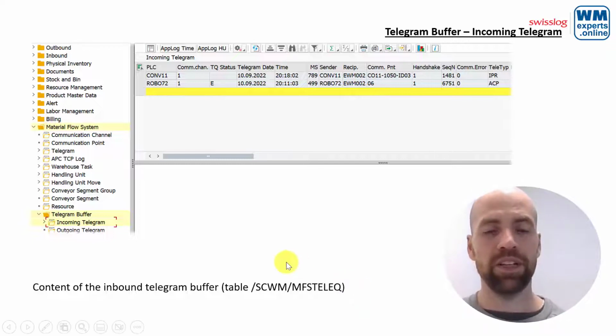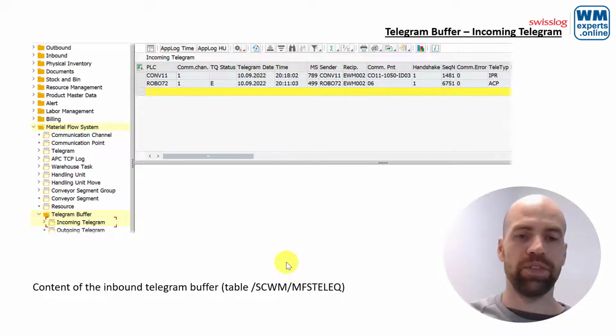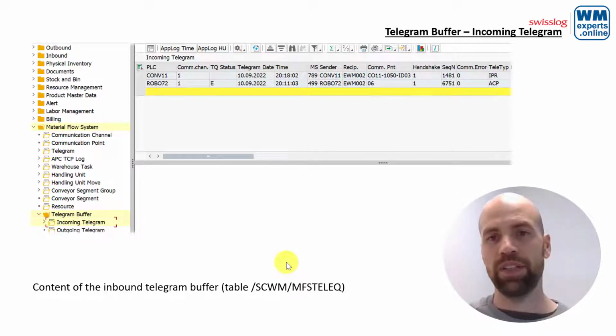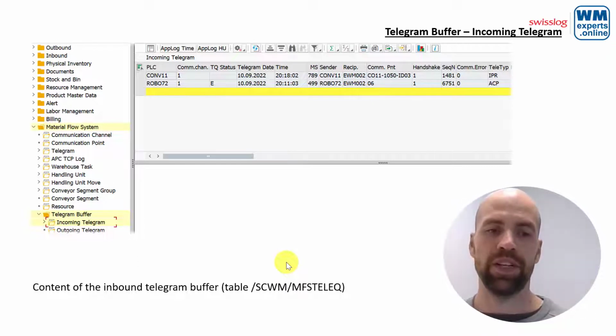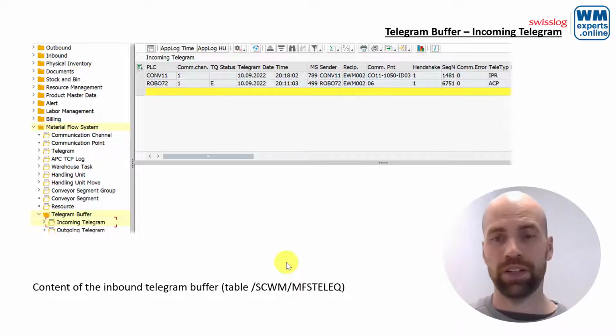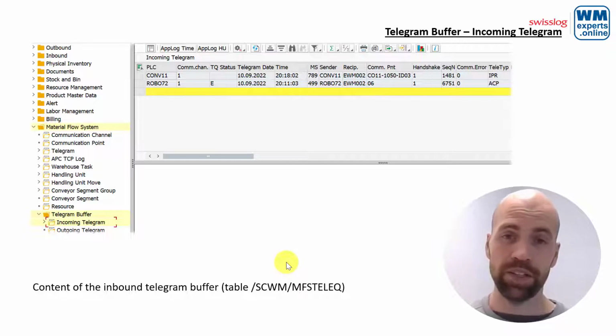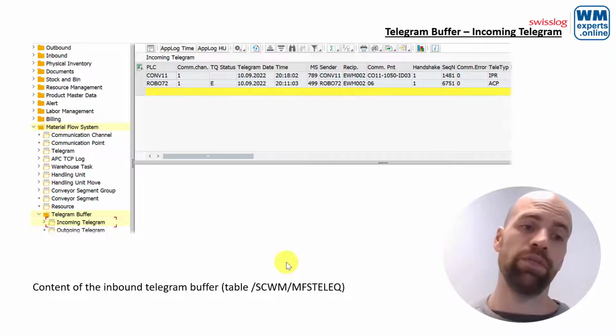And the incoming telegrams are then being grabbed from this buffer table by the given report, and once it grabs the telegram from there, it sends an acknowledgement telegram to the subsystem. So the subsystem knows that EWM has received and processed the telegram. And in the same way, on the outbound side, EWM stores it in the outbound buffer table, waits for an acknowledgement telegram from the subsystem to be received, and once this acknowledgement telegram is being received, EWM removes it from